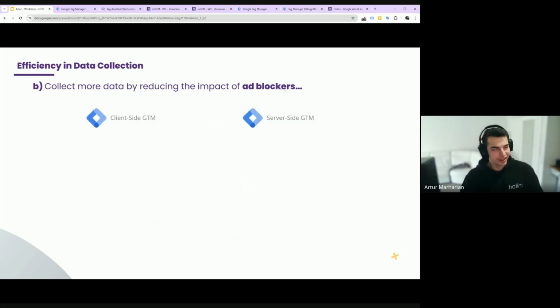When I talk with clients and they bring up server-side GTM in the conversation, I always try to find out, okay, what's the reason? Why do you think you need server-side GTM? And one of the top answers is that you can collect more data. In a nutshell, it is true. Server-side allows you to overcome ad blockers. I would say it's one of the most popular associations with server-side GTM, along with browser restrictions